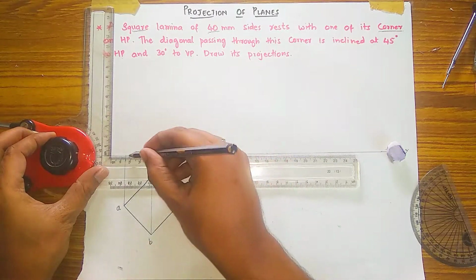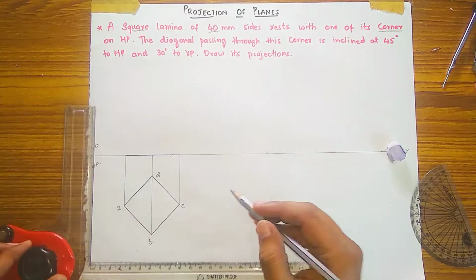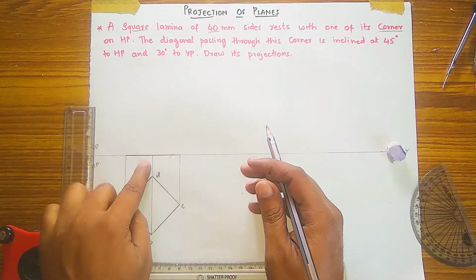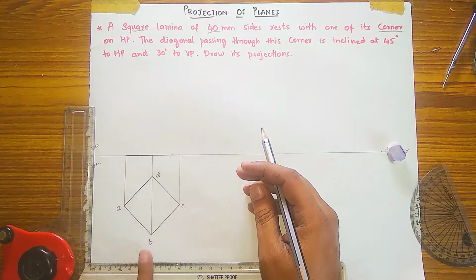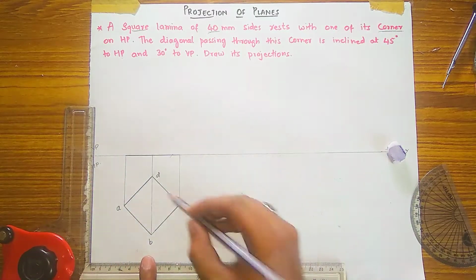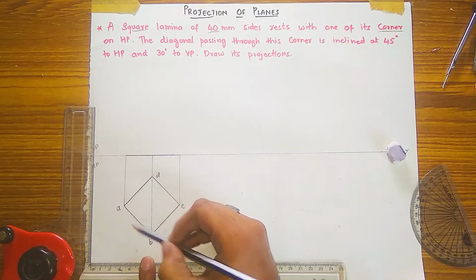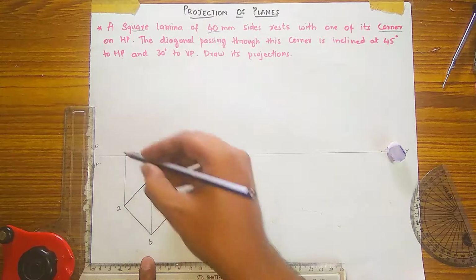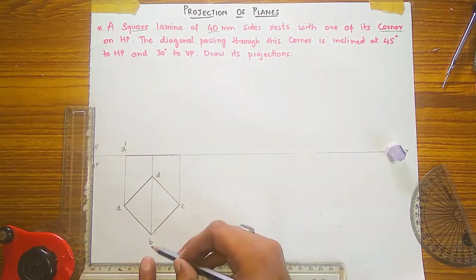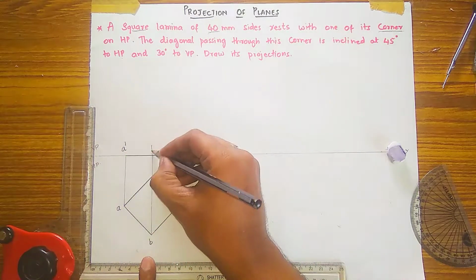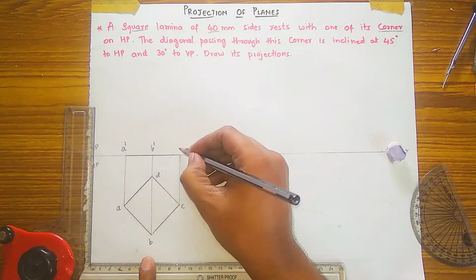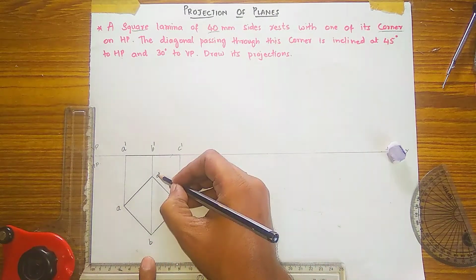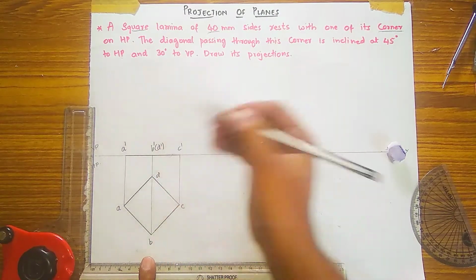The remaining line which you are getting now is the lamina. You have to dark it. To label the lamina, you have to see this plane from downwards, each point. If you see A from downwards, A is visible. You have to write it as A dash. B is also visible, write it as B dash. C is also visible, write it as C dash. But D is invisible, so you have to write it in brackets.